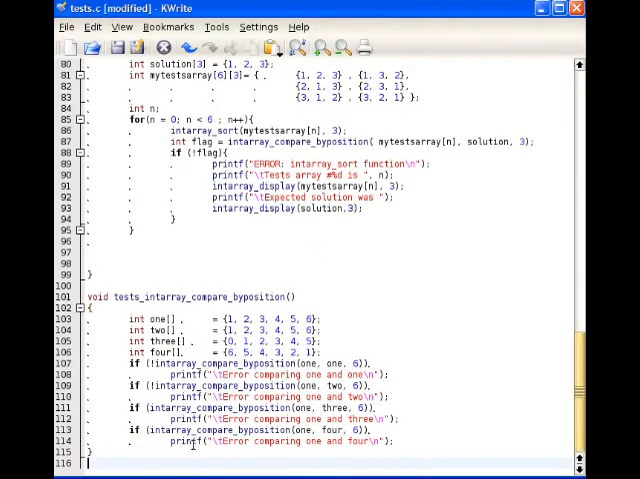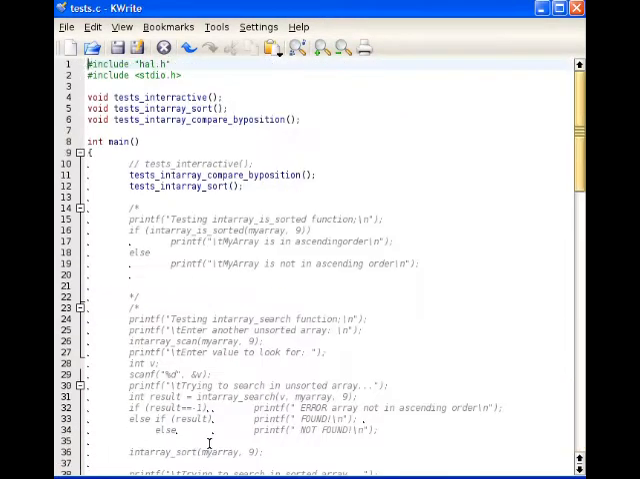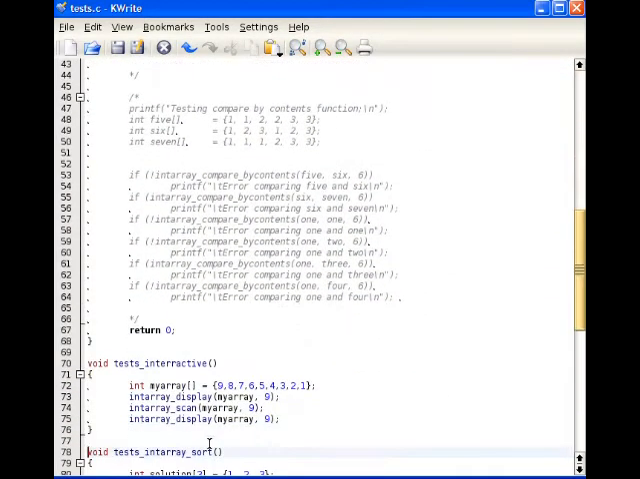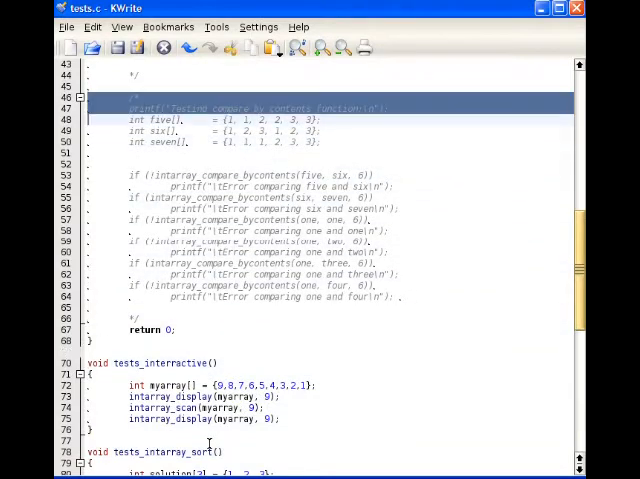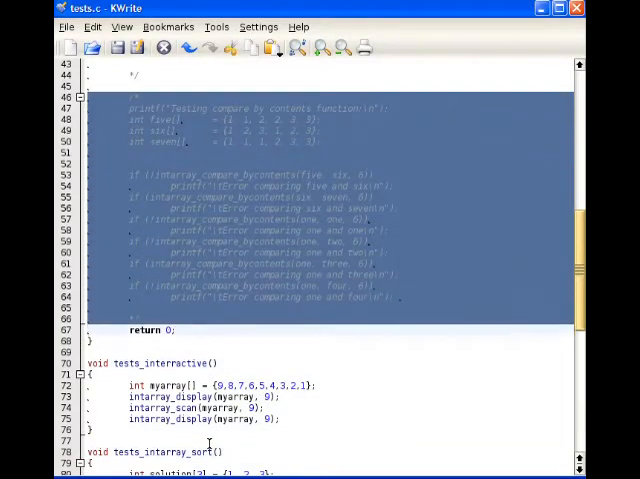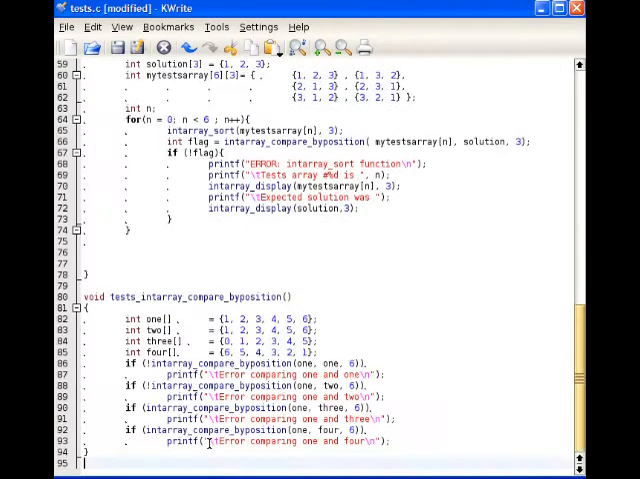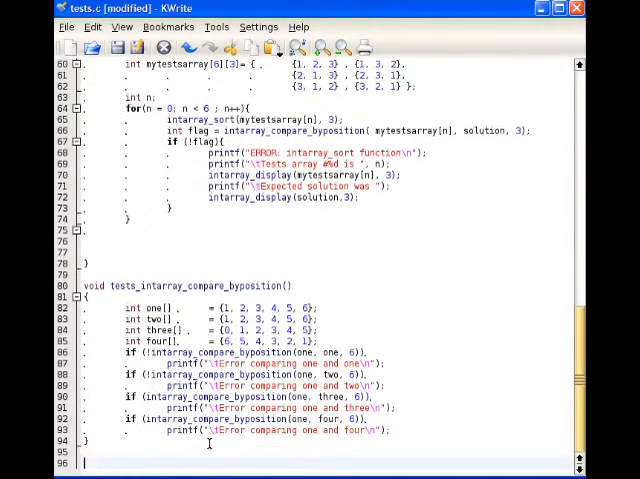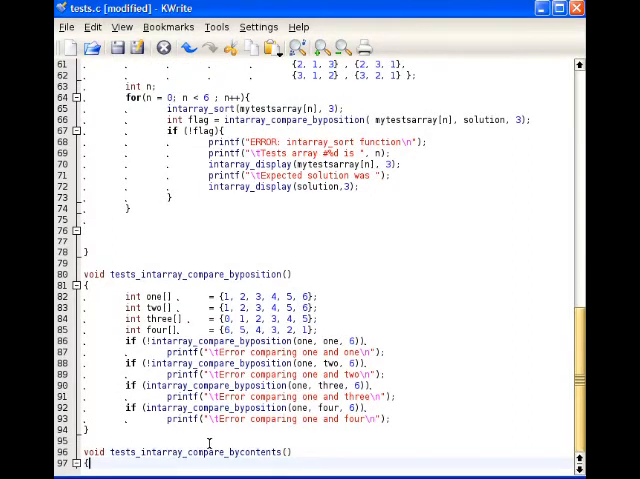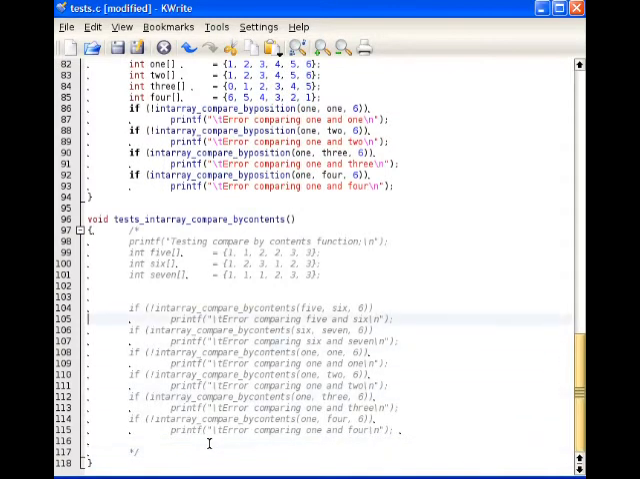Let's get rid of this pesky no new line at the end of file. Well, since I am dealing with my test function, I might want to take this code that was causing me problem before and isolate it in its own function. So I cut this. I'm going at the end of my file. I'm going to have a void test, if I spell it correctly, this is better, test int array compare by contents. This is what this function is going to test, and I'm going to comment my code, and I'm going to